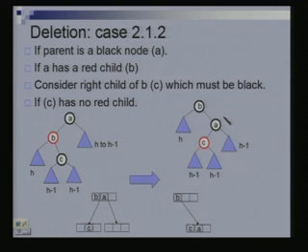Tired, huh? We have 2 more cases to go. ठीक है? So C has no red child. Now what is the case left? We started with the assumption that B is red. So now we need to work with the assumption that B is black. Yeah, that was the assumption we went.